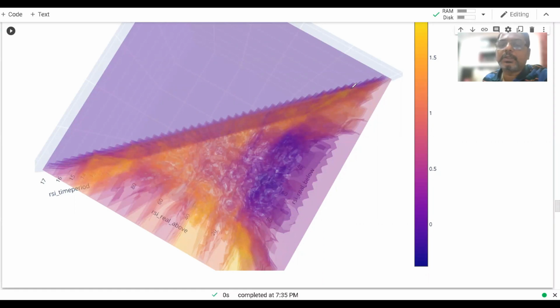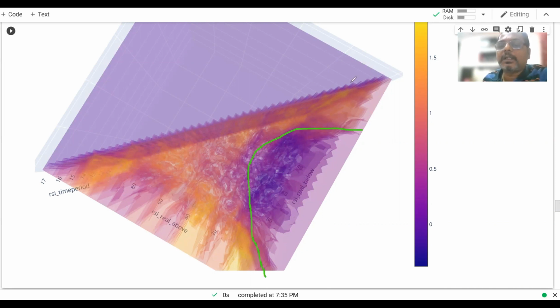Let me just choose the best color for this. I'll choose... no, orange I cannot choose. Let me choose green. Green is not being used. So here in this particular area, you are seeing that people are not making very good Sharpe ratios. Okay, so this is the typical range, the 20, 30, 70s, the in-between ranges. These are the typical ranges where most of the traders are trading, and this is the typical range where the Sharpe ratio is the lowest. If you really look at it, that is why most of the people are not making profits.